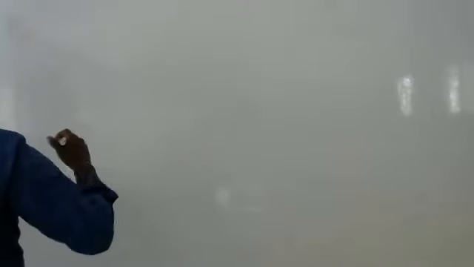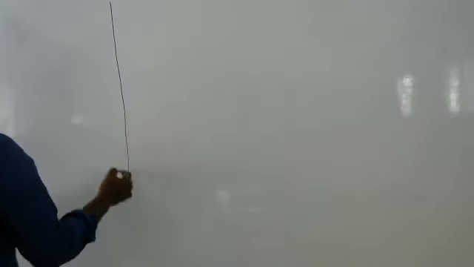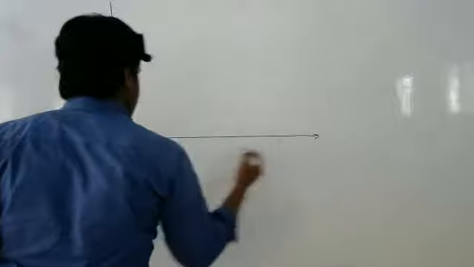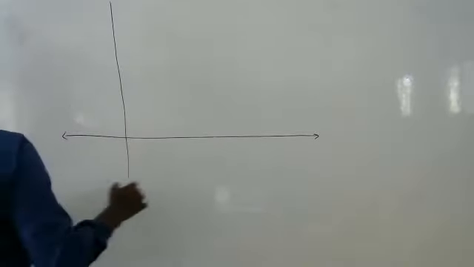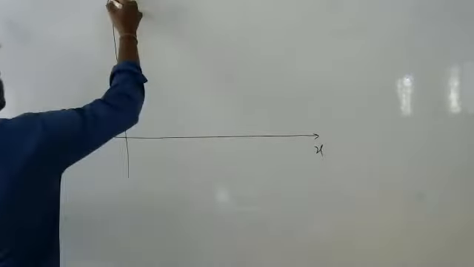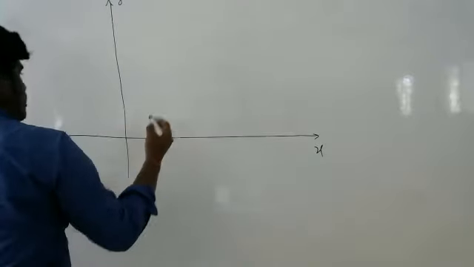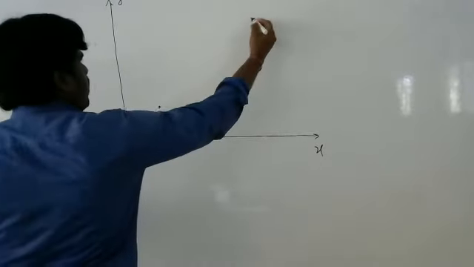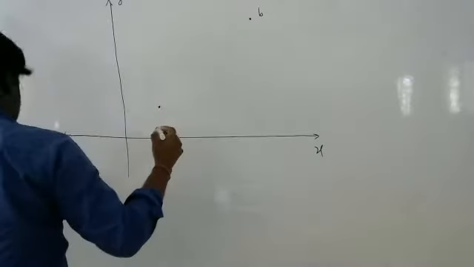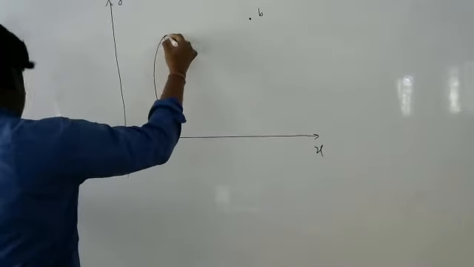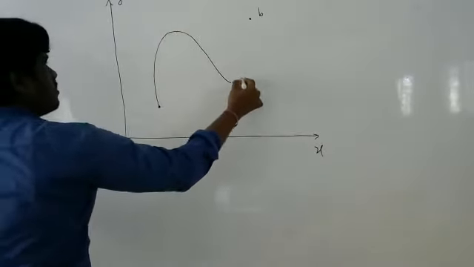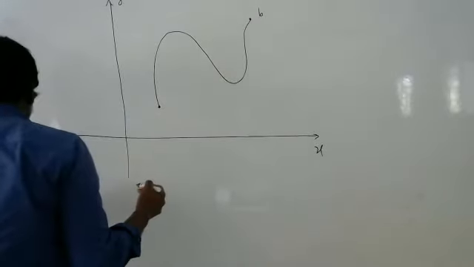So the next point. See, the next point is, they're saying if f is continuous, it's the most important thing you have to understand. I'm making a graph to understand this. This is the x and this is the y axis. So there is a graph in this shape. If a point and b point is this, let us assume the graph is like this.